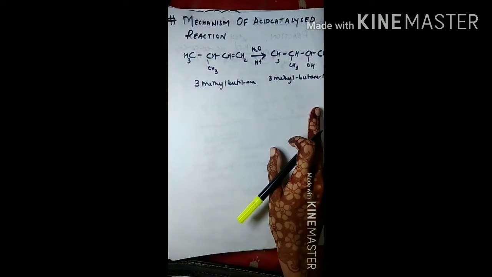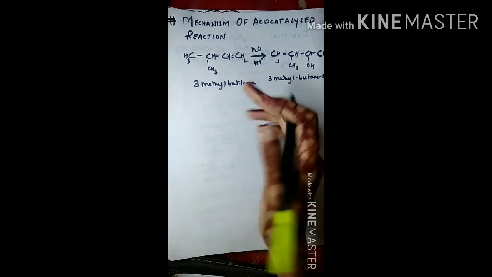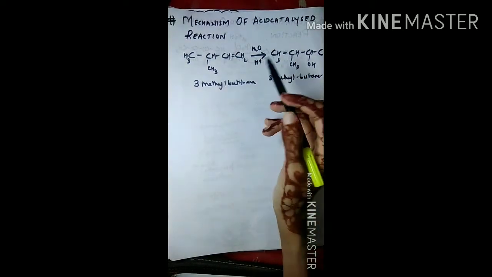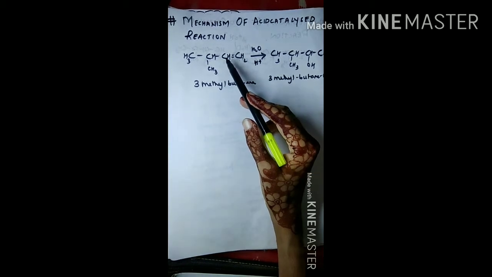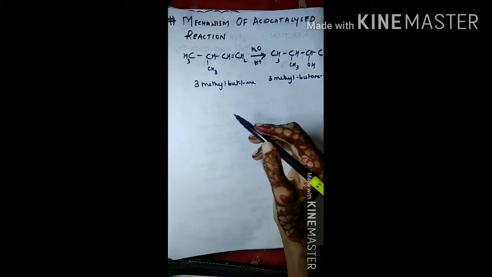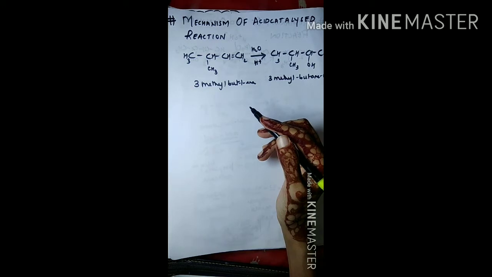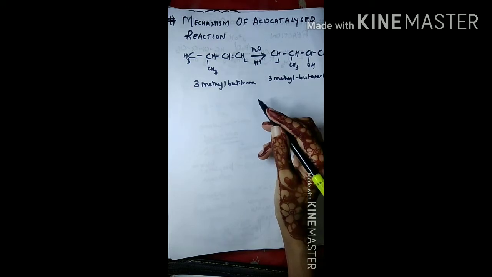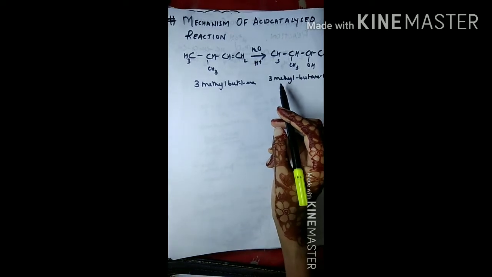Let's see the mechanism of unsymmetrical alkene. I've taken an example of 3-methyl but-1-ene. So here water is in the form of H plus and OH minus ions. One of the H plus will move toward one carbon and OH minus will move toward the other carbon atom. And we get alcohol. Here the acid acts as a catalyst which increases the rate of reaction, we can say it increases the speed of reaction. And basically acids are used for protonation, because they provide H plus ion.